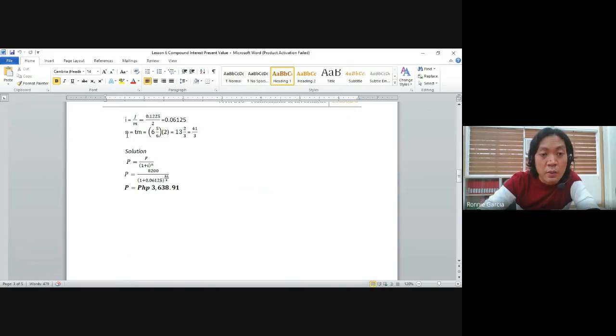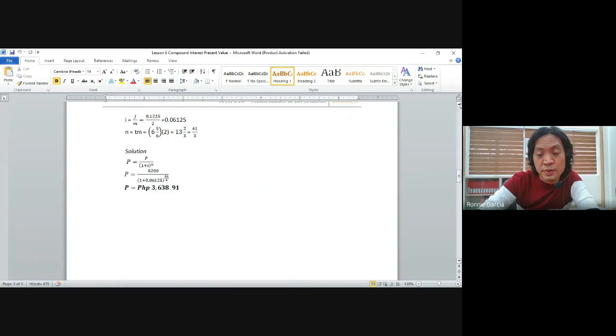0.06125. And our n, which is the product of our term and our number of conversion periods, we have 6 and 5 over 6 times 2. That's 41 over 3 or 13 and 2/3 in mixed number. But we're going to use this exact fraction because this is still a non-terminating decimal, to get the correct or the accurate answer. So after applying this in our calculator, we should get 3,638 pesos and 91 centavos as our